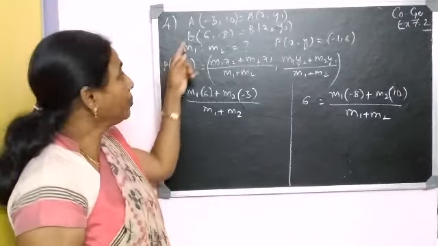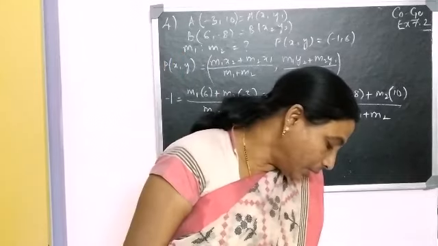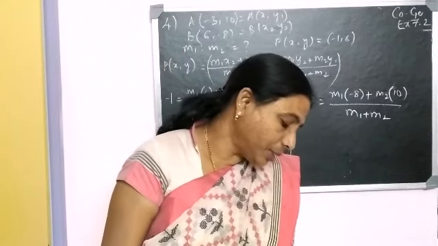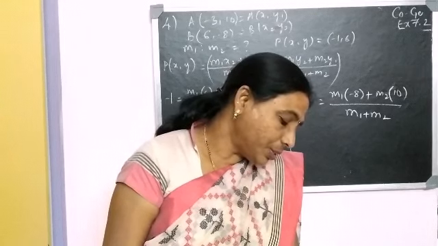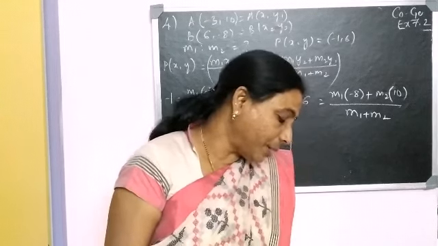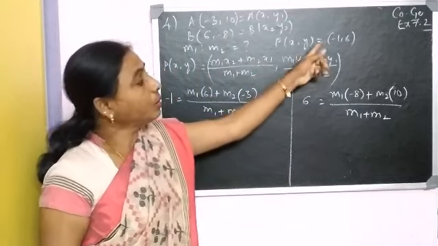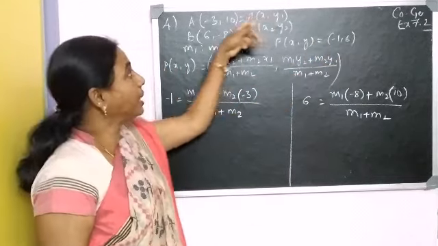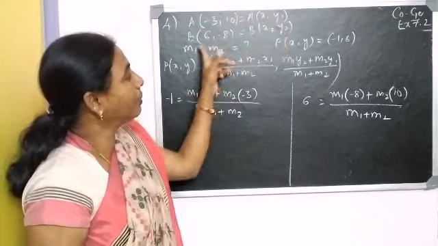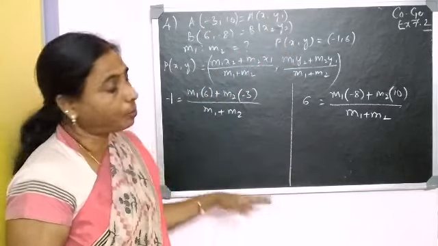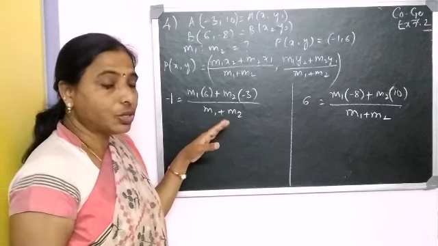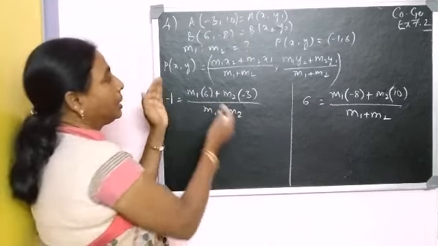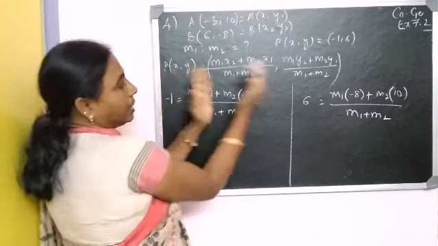In the next problem, the 4th one, it is given to find the ratio in which the line segment joining the points minus 3, 10 and 6, minus 8 is divided by minus 1, 6. So P of xy is minus 1, 6, and whereas this is A x1, y1, B x2, y2, I have copied it, and they are asking you to find out the ratio. Whenever you have to find out the ratio, first you divide it in this way, that is x is this part and y is this part.